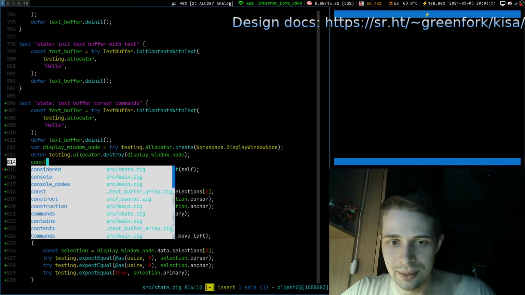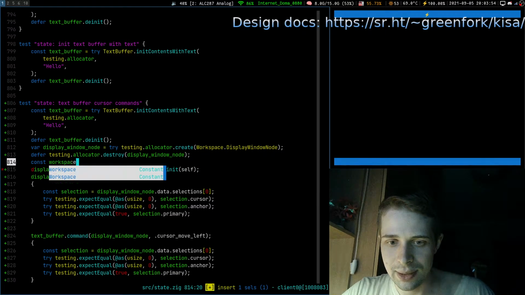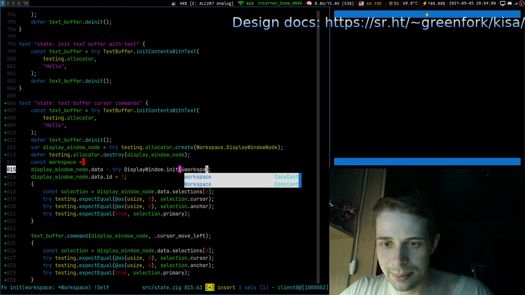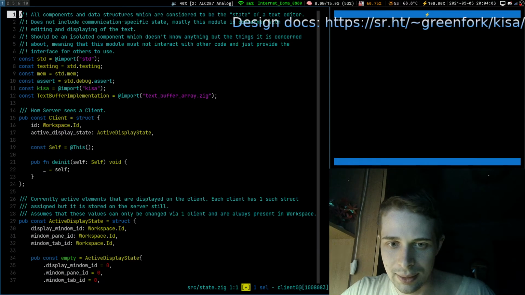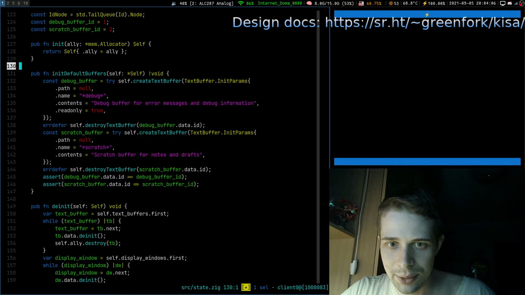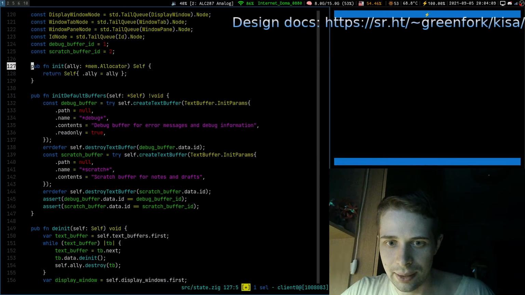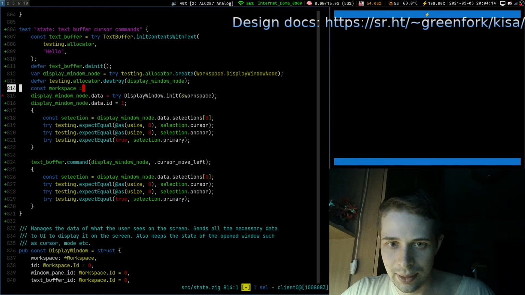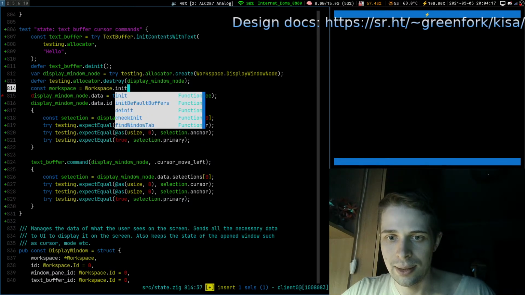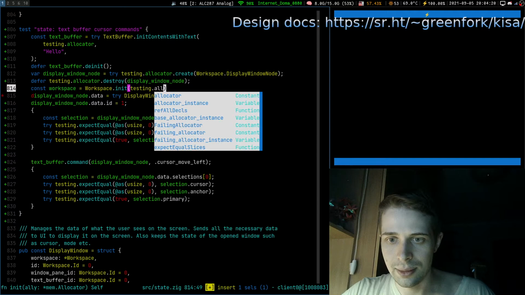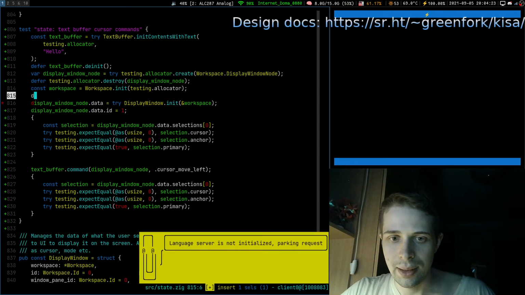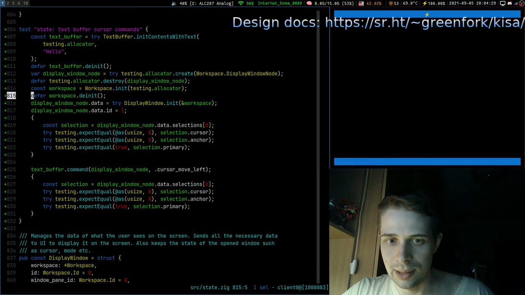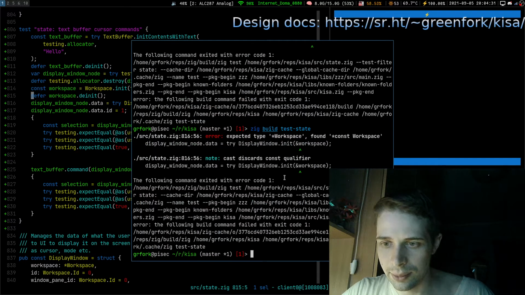But I guess we can leave it with just a workspace, which can just create an easy version, just with the allocator. Yeah, we will do it like so. Workspace init, testing allocator. And just to be a good citizen, we will delete it in the defer, although we didn't have to do it.